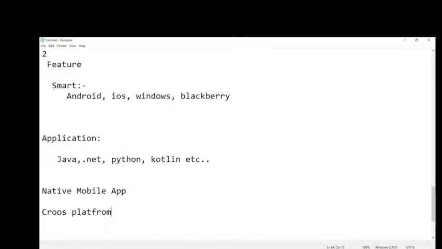If I want to develop for iOS, I can go with Swift or C#. A native application is very fast compared to cross-platform, can support more features, and is lightweight, so it can be easily accessed.